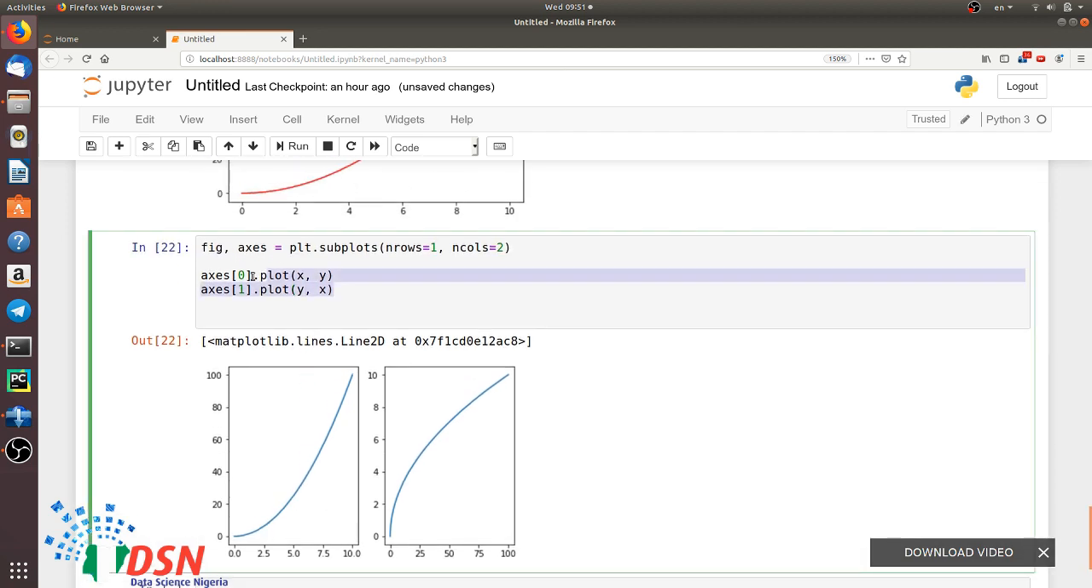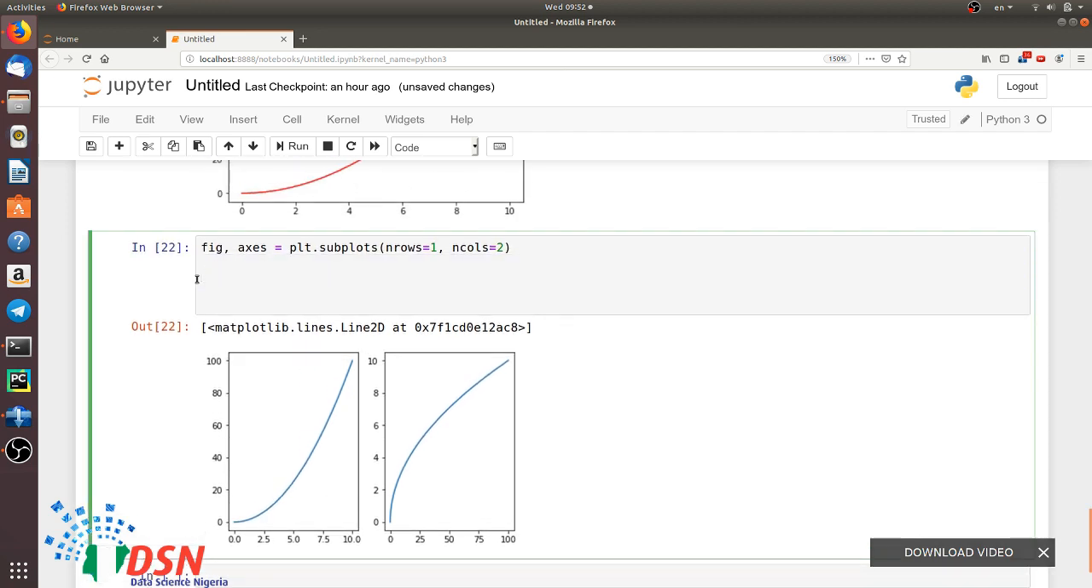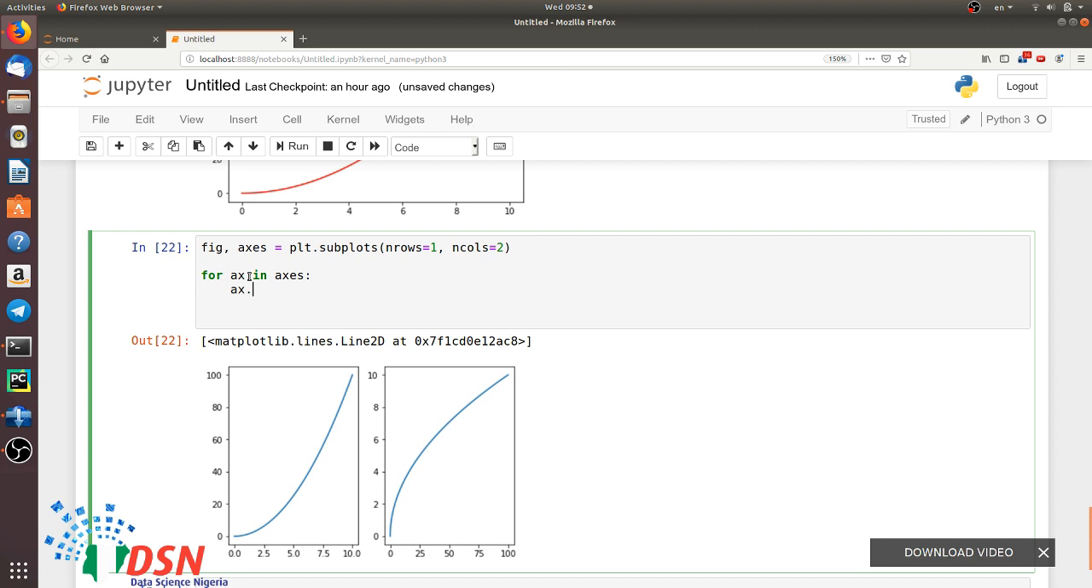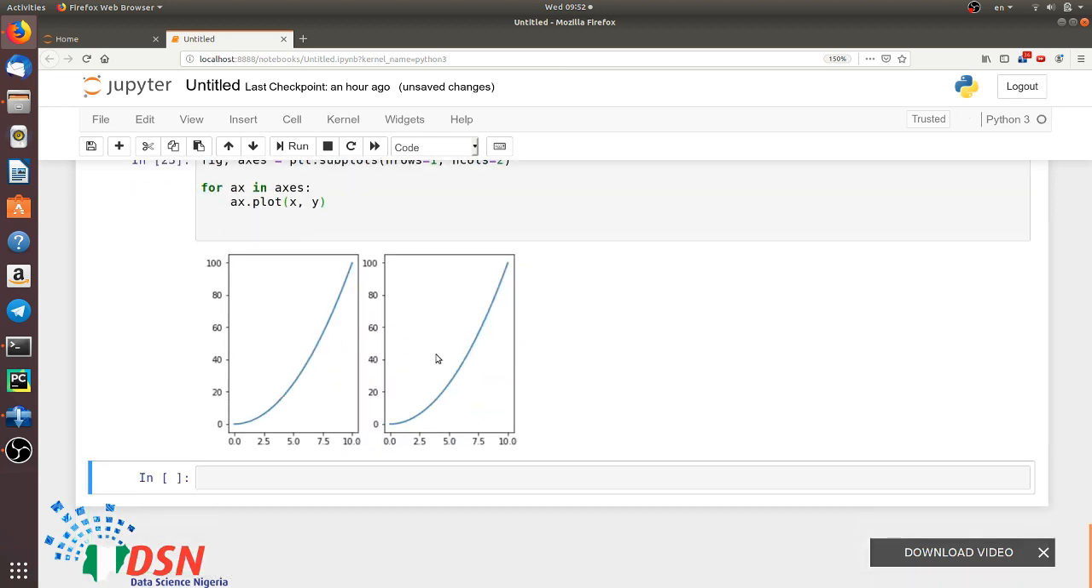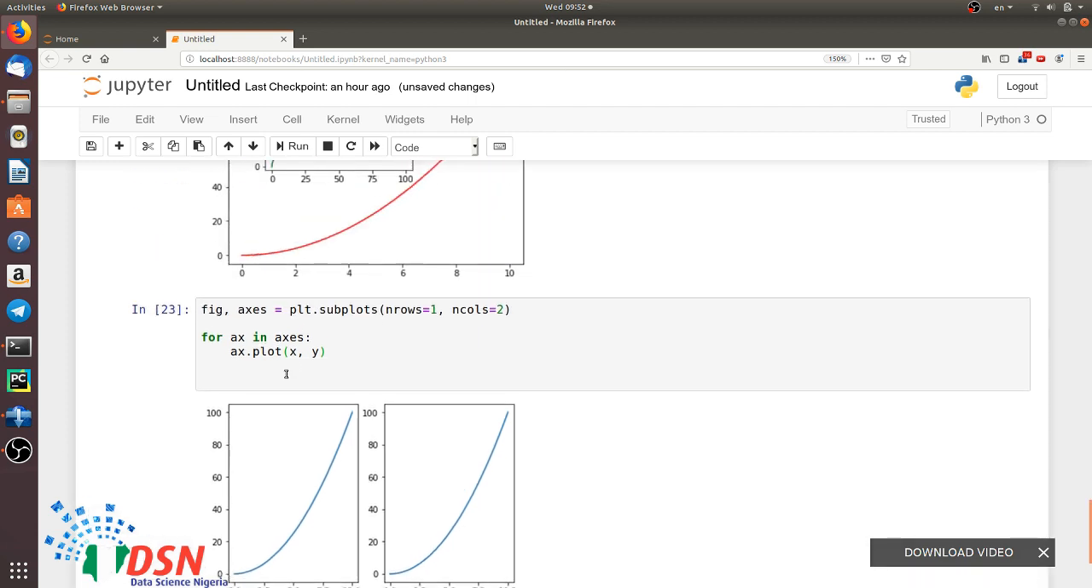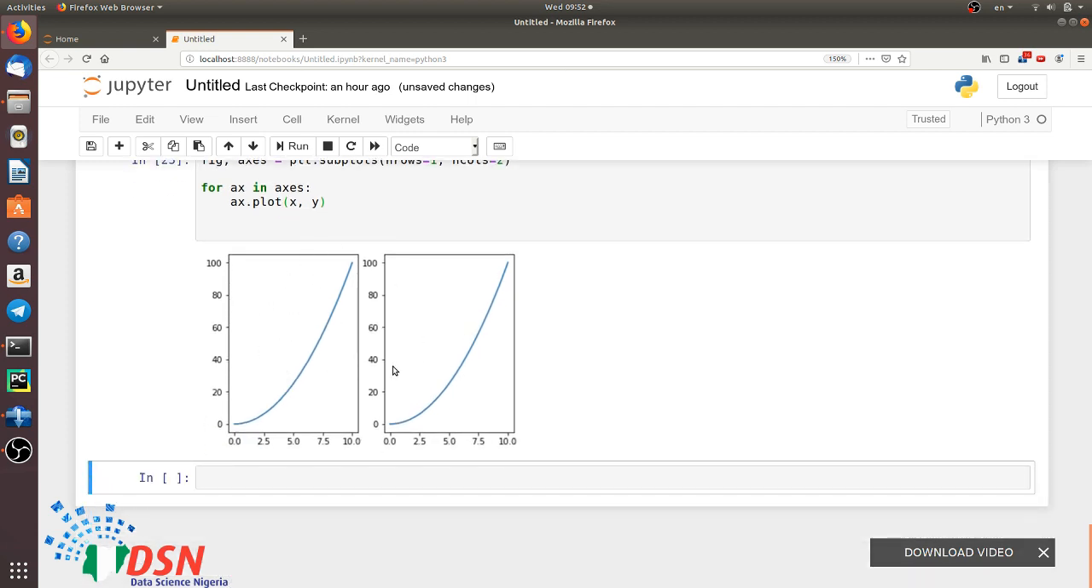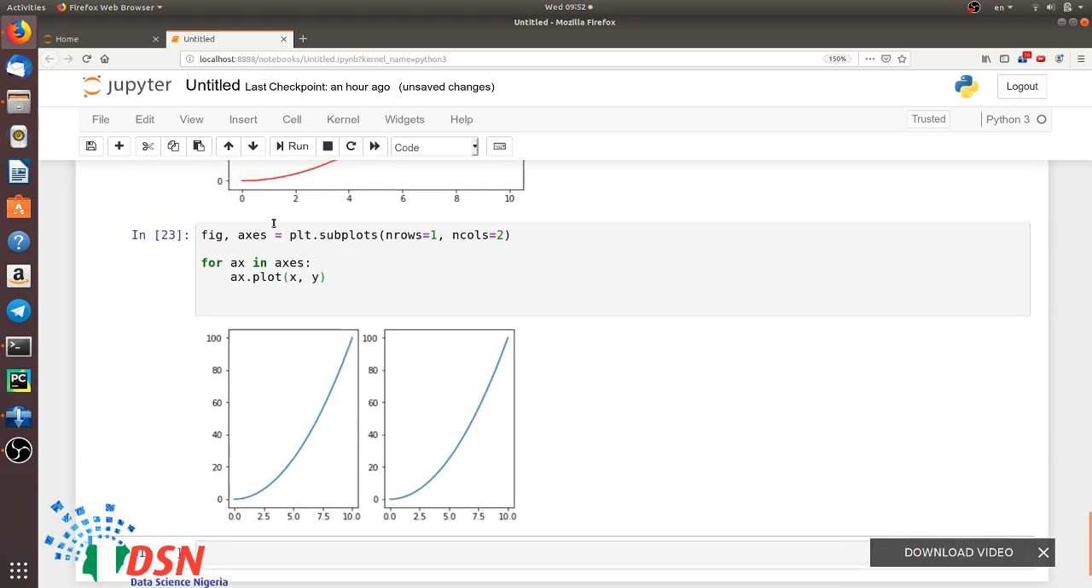The second way, which is sometimes more useful, is to use an iterator to iterate over that list, because axis is a list. So I could use for x in axis, x.plot x and y. So you could see that now I plotted this data with iterating on the axis. Okay,